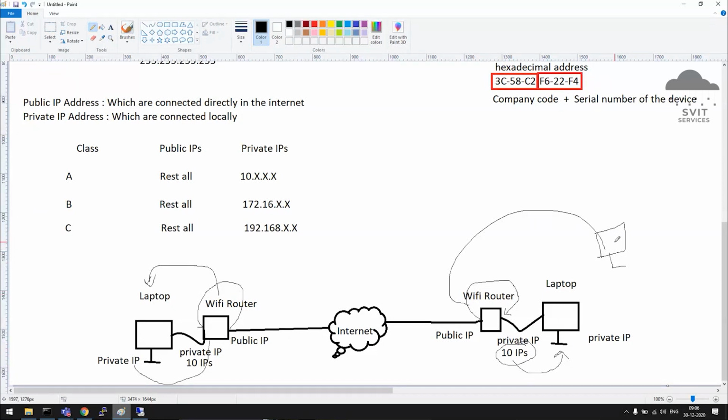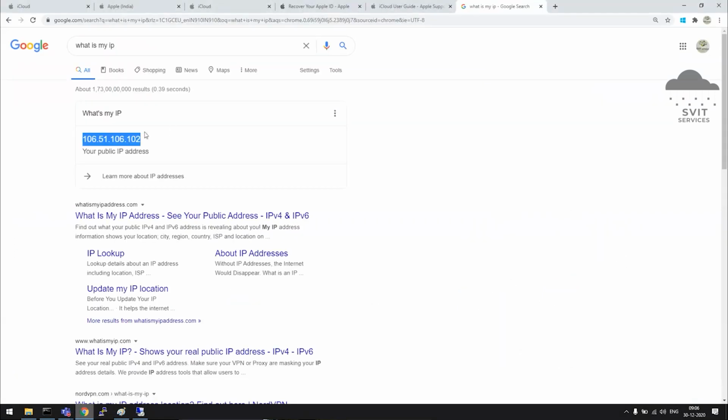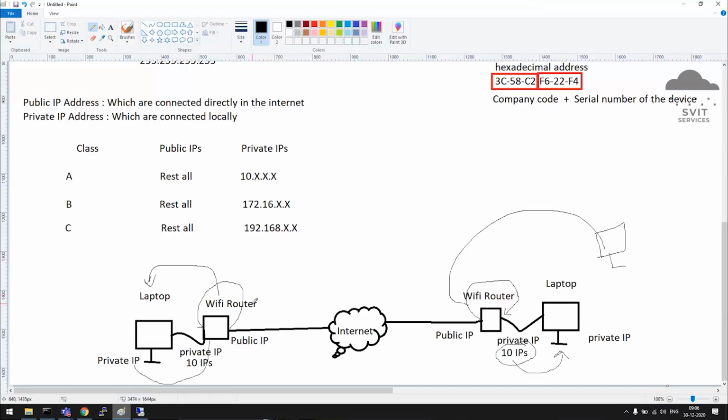If you search what is my IP, you will get the same public IP from that range only. From here, it will be a different public IP. So all the machines will show the same public IP because they are all connected to the internet via this public IP only.